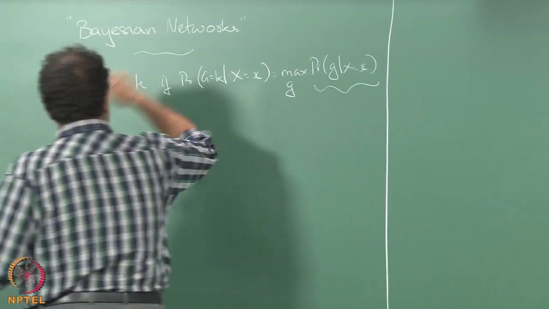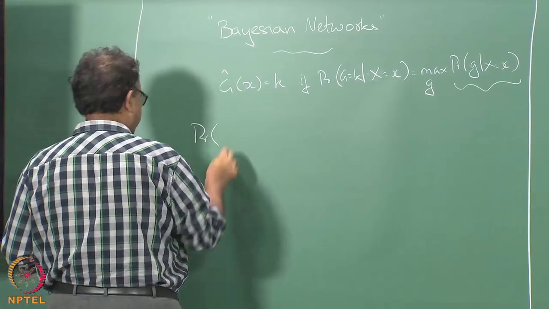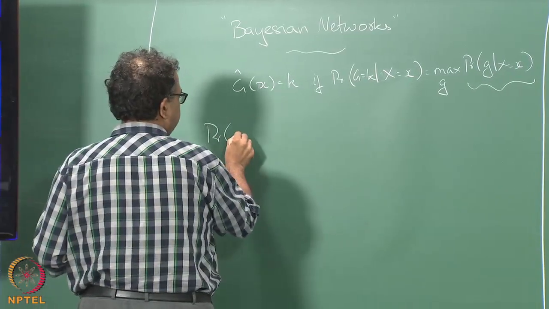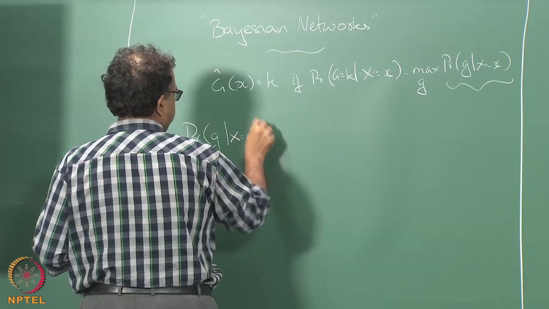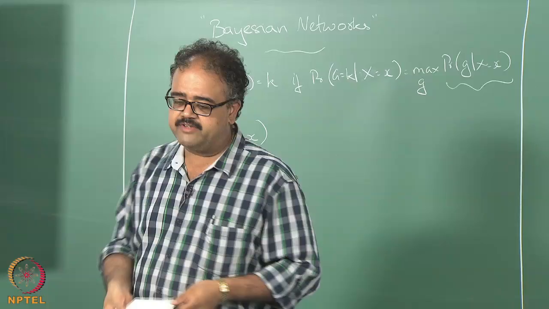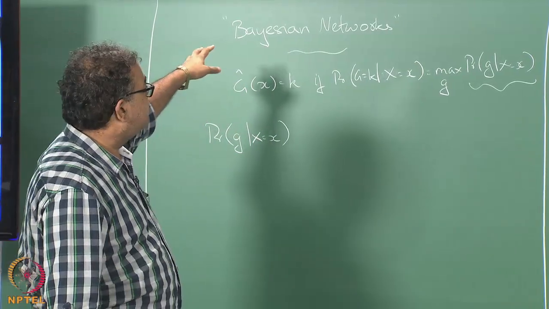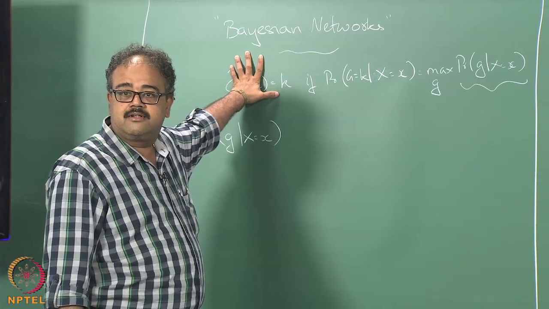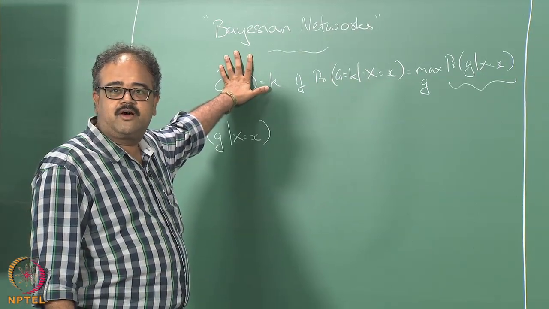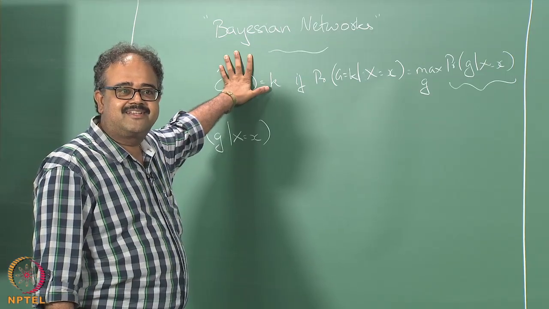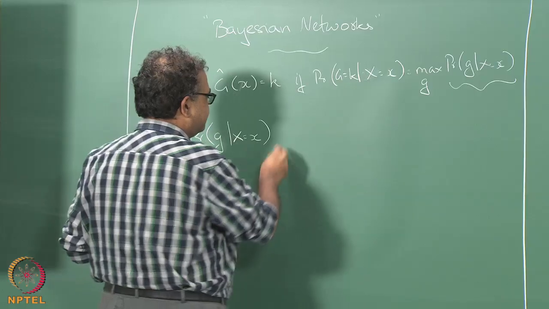So now I am going to take a slightly different tack. What we want is the probability of g given x. So we have our friend the Reverend. How many of you know that Thomas Bayes was actually an ordained priest? Okay, so we have Reverend Bayes to help us out. So it's essentially